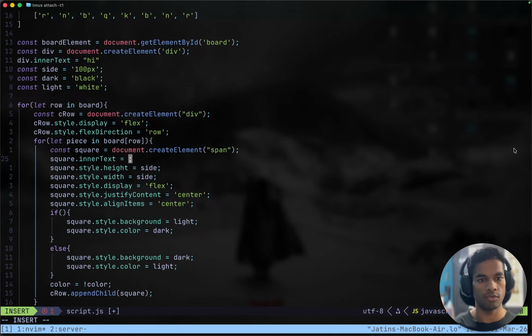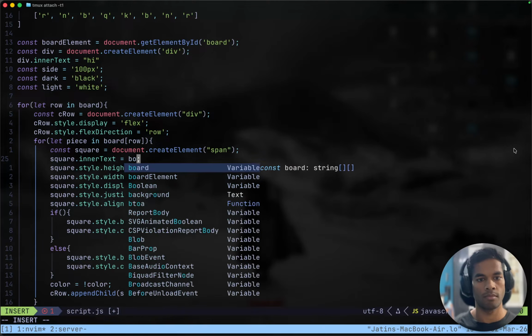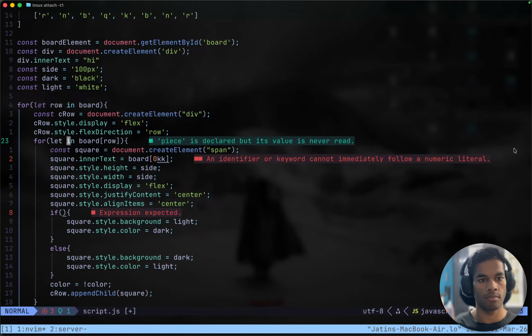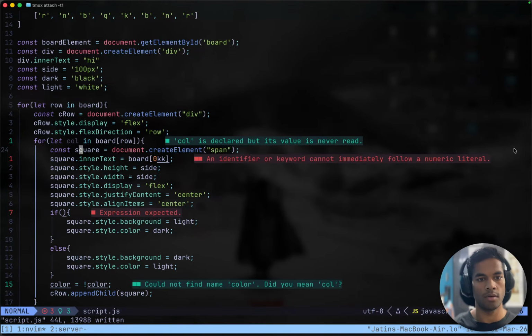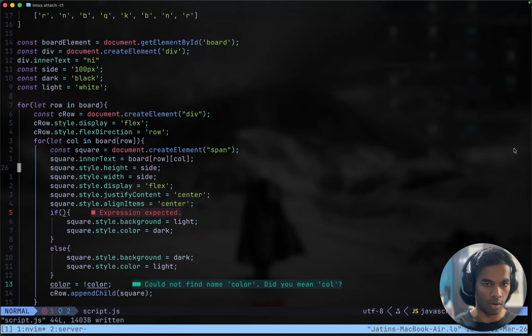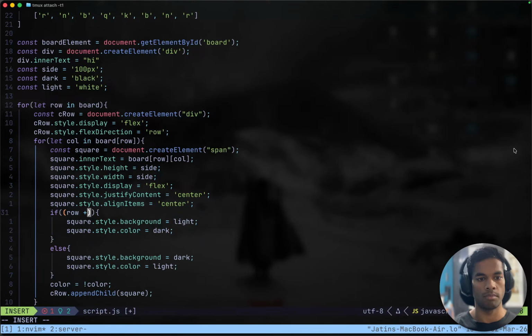Where is piece? Piece would be row, column, row here, column, and if row plus column